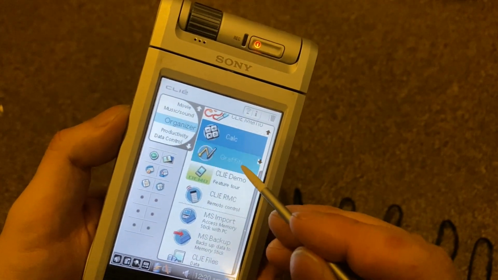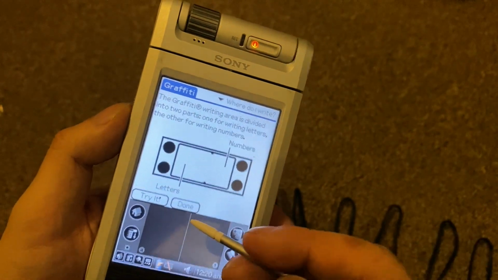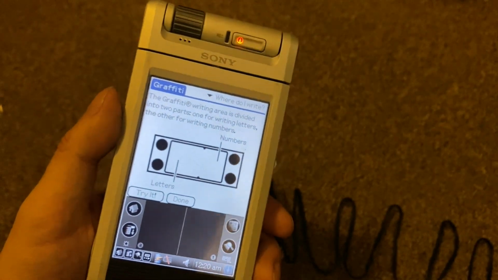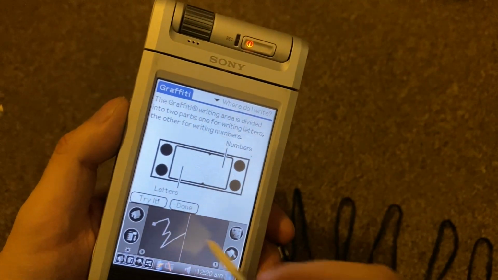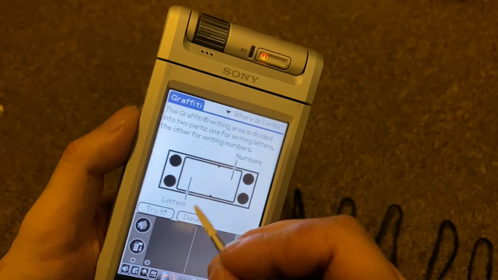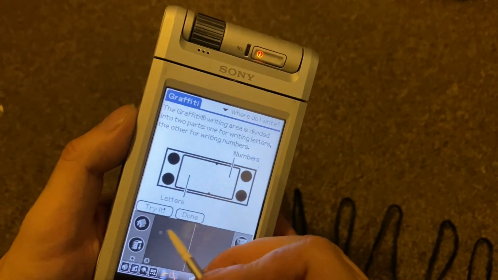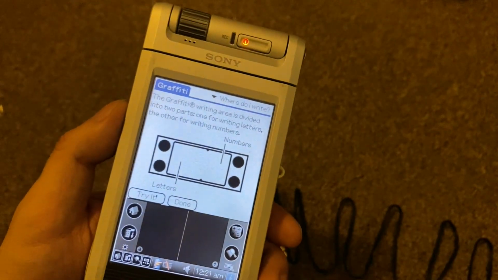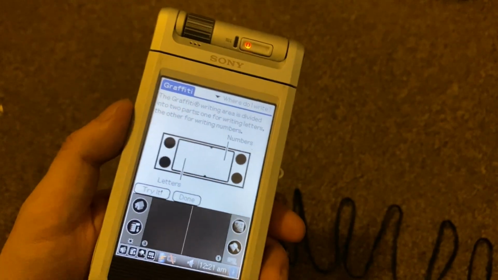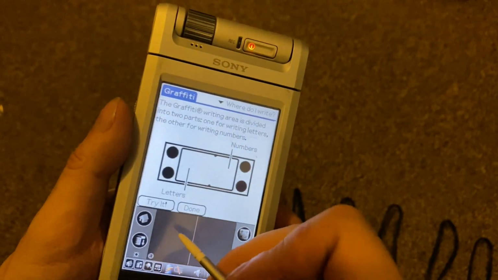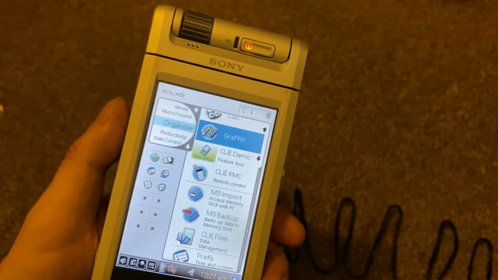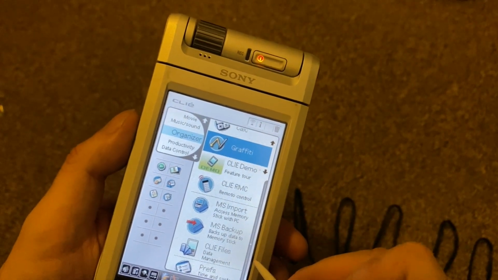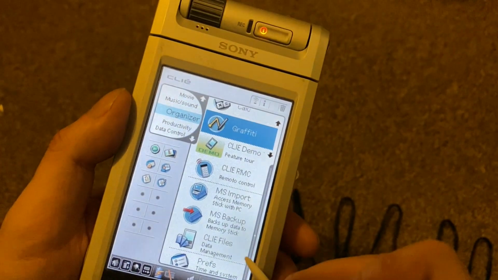CLIE demo, feature of Graffiti, which is a feature of a lot of Palm OS devices and Handspring devices. Can't leave out Handspring, before they became Palm One when they merged with Palm. Okay, so this is to recognize my handwriting. So Graffiti was used with styluses back in the day for Palm devices with no keyboard. You had to have a way of writing numbers and stuff like that, and that was just a quick way to do it. It was handwriting recognition essentially. Okay,